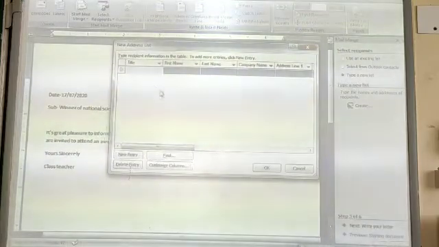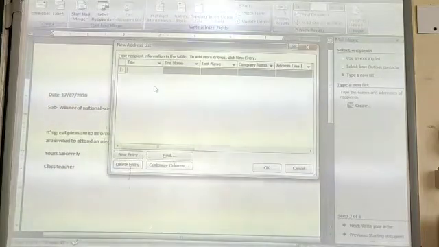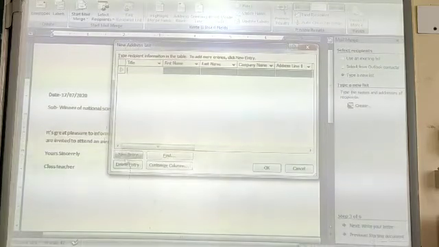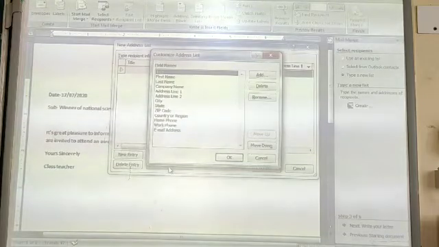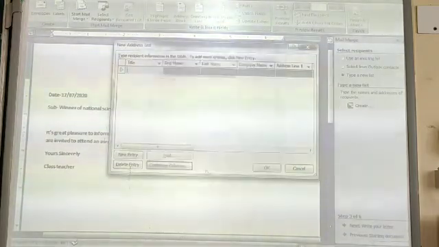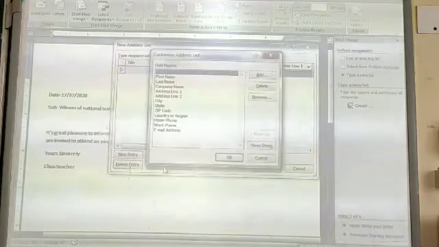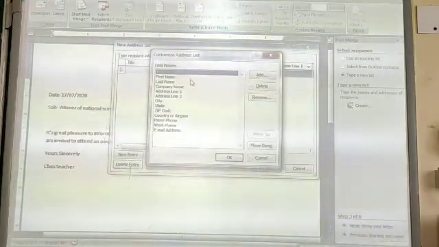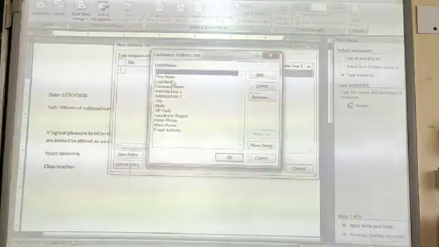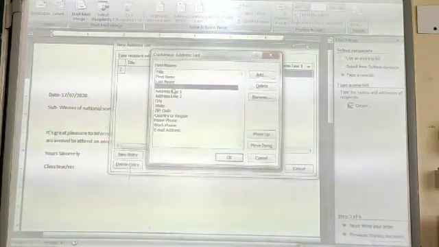Now, if you do not want any one field here, or you want to add a new field, you can click on the customize column option. From here, if you want to delete any field, like suppose title, we need the first name and the last name also, but we do not want the company name.